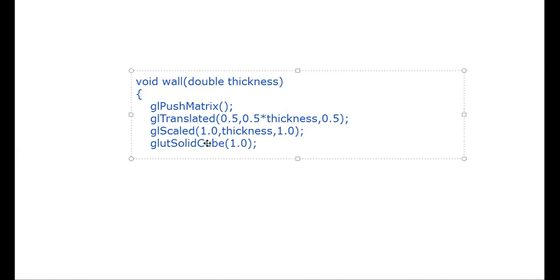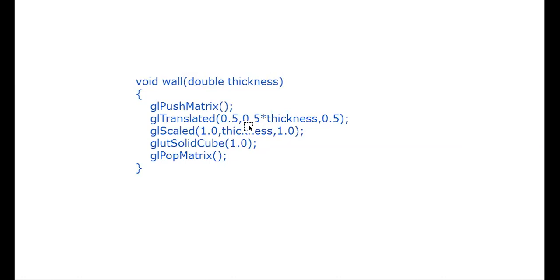Since we are drawing a solid cube everywhere, in the output you can see solid cube everywhere. This is an inbuilt function used to draw a solid cube, and I'm taking the thickness as 1.0. If you increase this, the cube's thickness will increase. Finally you are using pop matrix. Why pop matrix? Because whatever changes you have done will be popped back, and the original will be there. This push and pop is used in the whole program again and again. Now this is about wall.